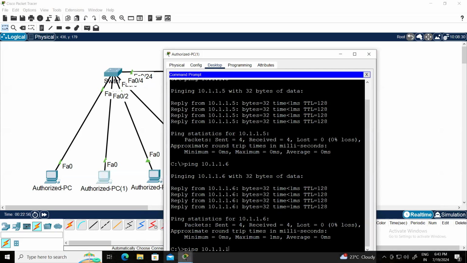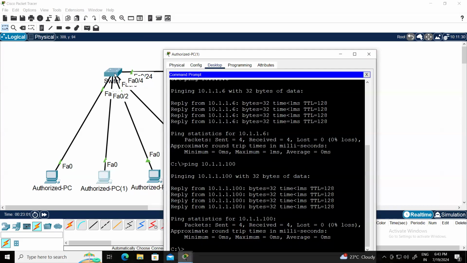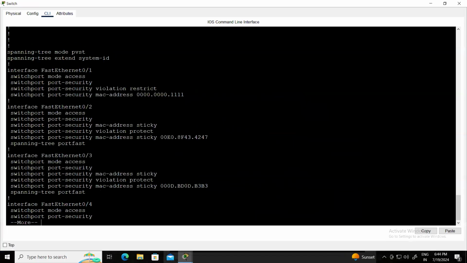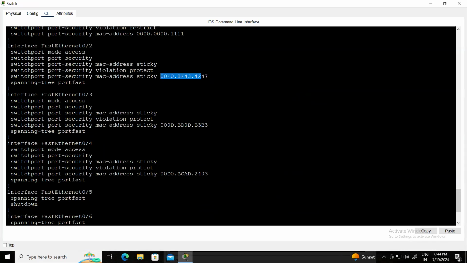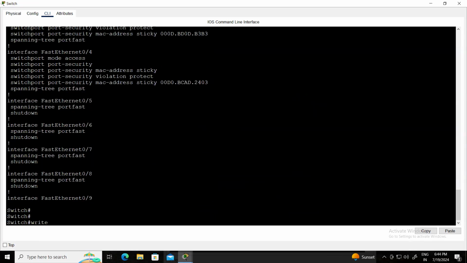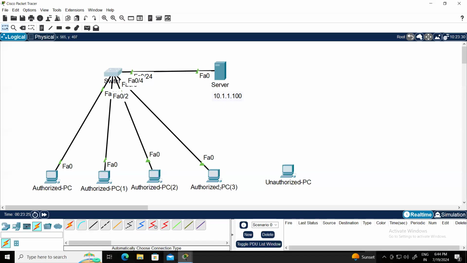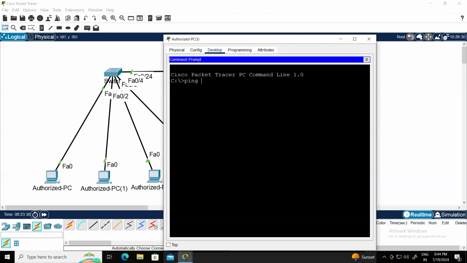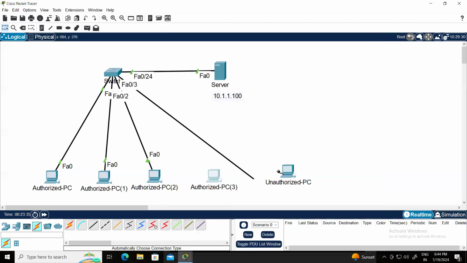Once these PCs have communication, the switch will record the MAC addresses. Now you can see I had some communication. If I go and say show running-config, you can see that the switch has automatically captured the MAC addresses. Now all I need to do is give the write command and this configuration becomes permanent. Now these PCs will be able to communicate. You can see like PC3, if I try to ping the server, I'm able to communicate. But in place of this, if I connect an unauthorized PC,